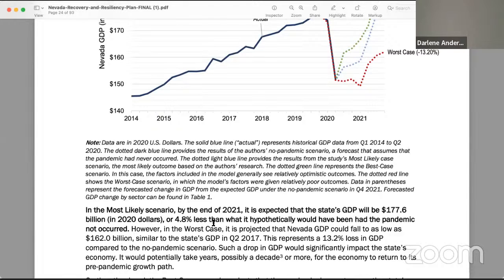In this scenario, state GDP in Q4 2021 is projected to be $185 billion, or only 0.9% below the no-pandemic scenario. In this case, Nevada's economy would be able to recover from the COVID-19 pandemic in a relatively short period of time. For the best-case scenario to actually occur, Nevada, like other states, would require the federal government to provide an additional tranche of virus-related financial relief, including continued and substantive unemployment benefits to workers, direct aid to states and